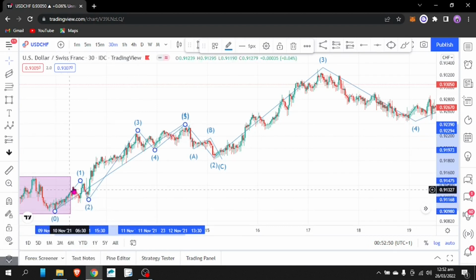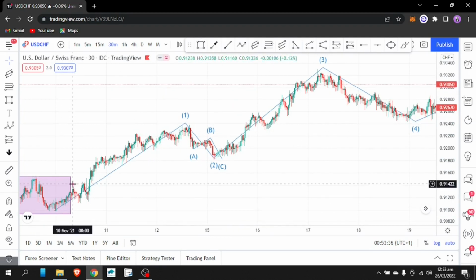From this first wave also here, you can find a 5-wave pattern. That is if you go back to smaller time frames. Now on this 30 minutes time frame, we have our 5-wave pattern just from the first wave that we earlier had on the 4-hour time frame. And if I should remove this,